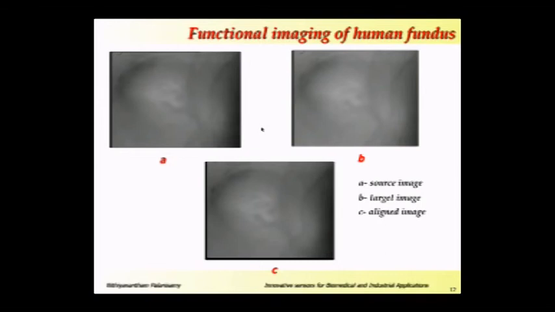So we have two images, A and B. Both are acquired at different time intervals. Due to the movement of the pupil during acquisition, the images can be slightly shifted. We want to concentrate on a particular area, so we want to align all the images in the same orientation. For that, we are developing an automatic registration process to compensate for this eye motion. The compensated image is shown in figure C.